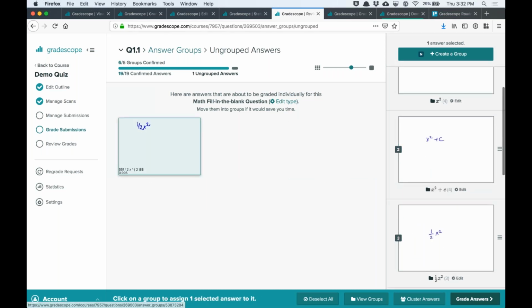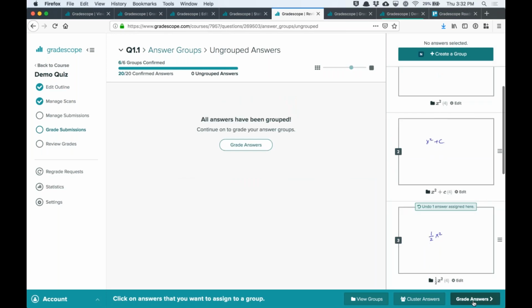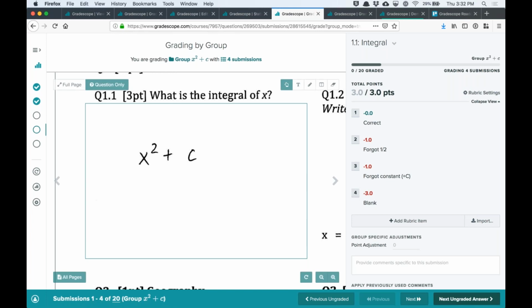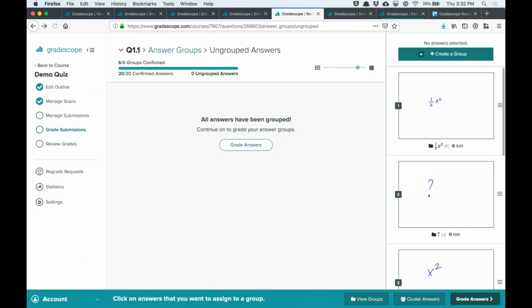We've gotten a few questions, Arjun. One of them is around how does Gradescope cope with bad handwriting that it can't recognize? Yeah, so if Gradescope cannot recognize the handwriting, then it's just going to leave it for you on the page I showed you here. I grouped everything already, but on the ungrouped page,